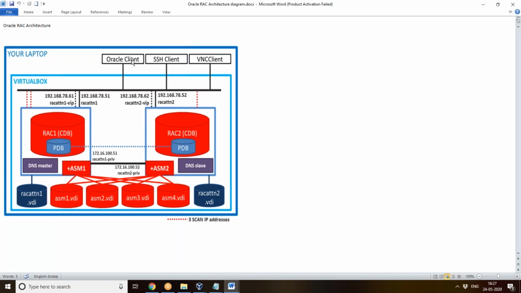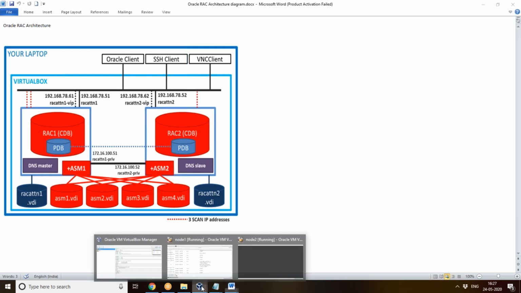Right. So now your applications are getting connected to your RAC instances through the first public IP. Right. So this is your public IP. 51 and 52 might be your public IP, and here you have your VIP as well. Right.